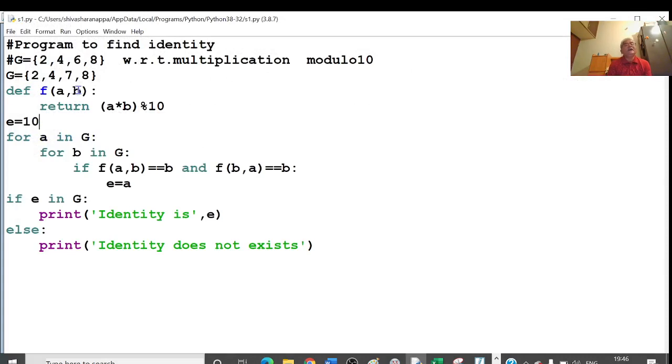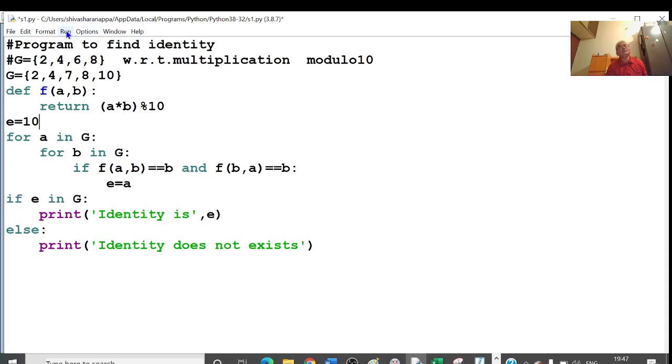And if I take 2, 4, what happens if I take element 10 here? Just I am finding the identity here. I am not saying that this is a group. I don't know whether closure is satisfied or not. I am concentrating on the identity element.